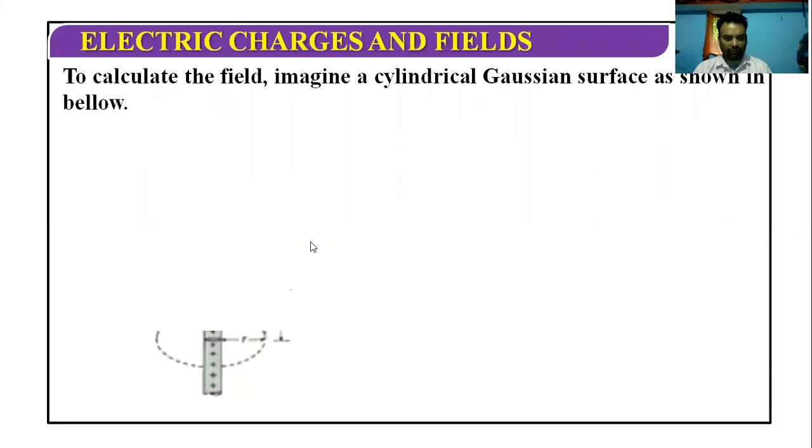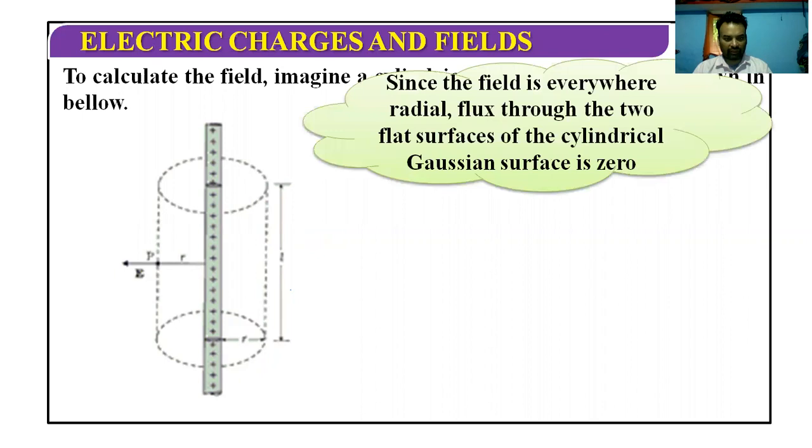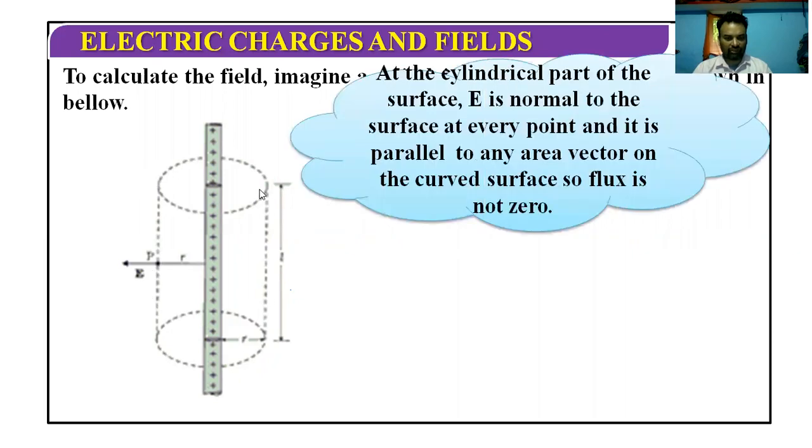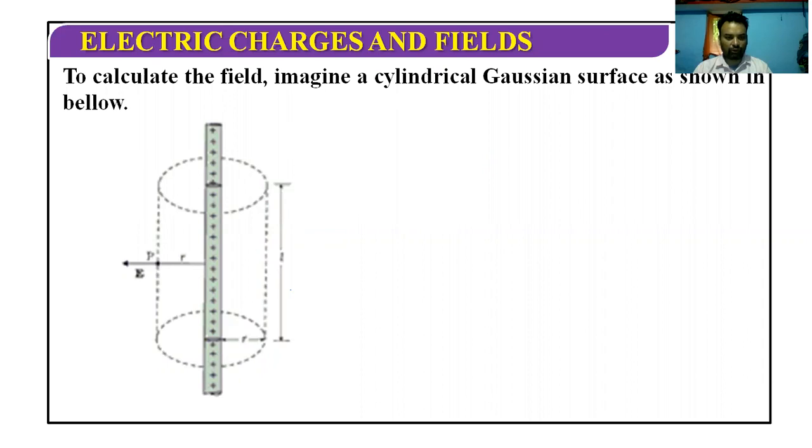So now we can apply the Gauss law, and you see the Gaussian surface. So this is our Gaussian surface. It is a Gaussian surface, and this Gaussian surface has two types of surfaces. You see upper surface, it is a flat surface. Lower surface, again it is a flat surface. But this means other surface is a curved surface.